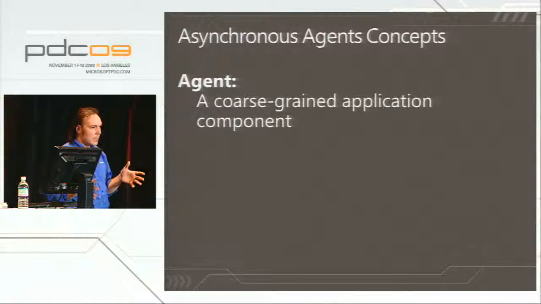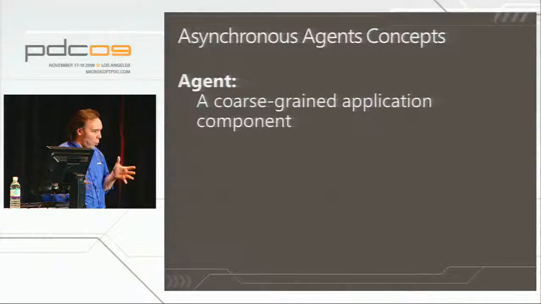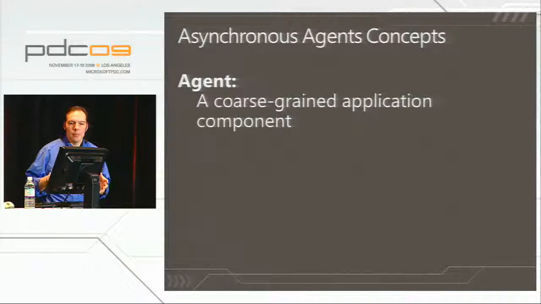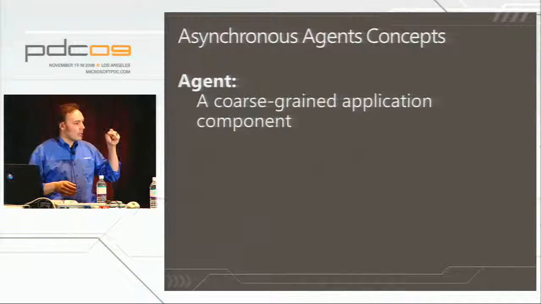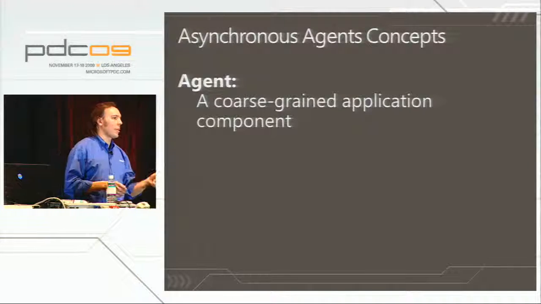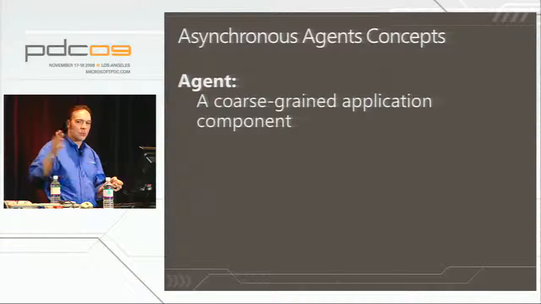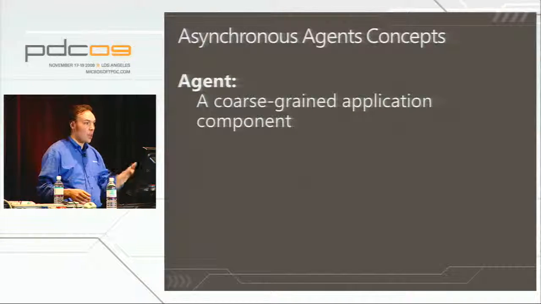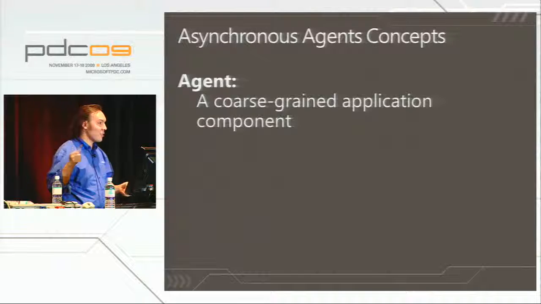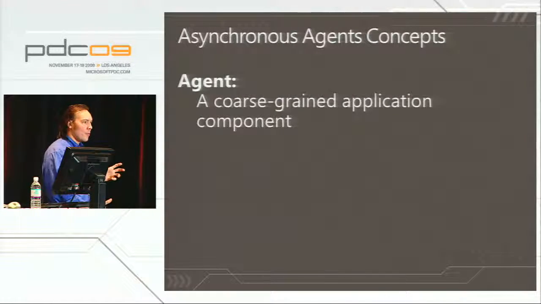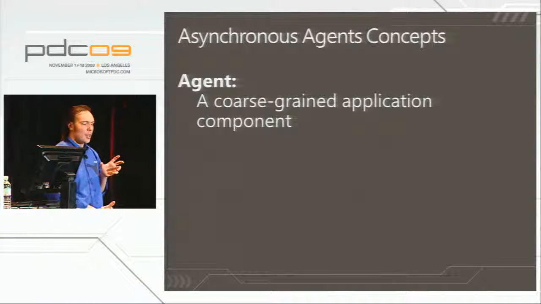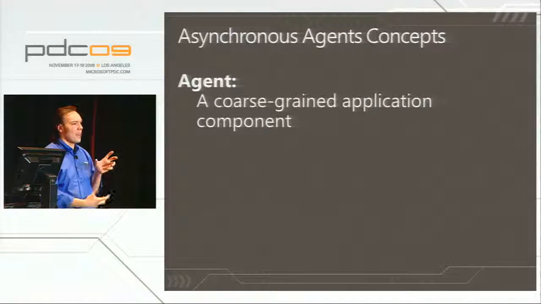So what is the asynchronous agents library, and what is an agent? An agent is an implementation of the actor pattern. It's a very coarse-grained component in your application. So if you're thinking about a model view controller application, it might be a model. It might be a view. It might be a controller. Right? It's these potentially long-living, I won't necessarily say long-running, but long-living application components that have some state you want to